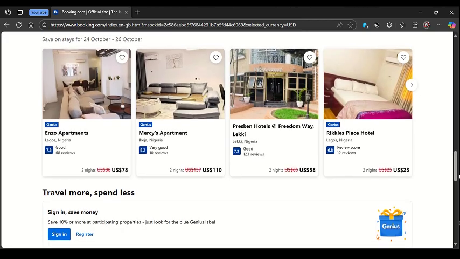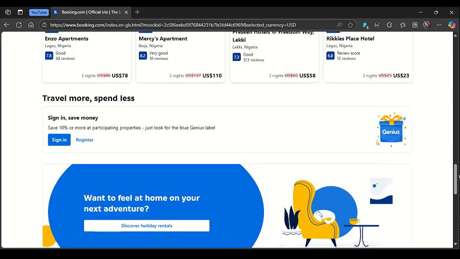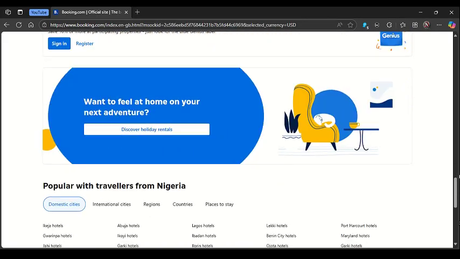Then Booking may ask for a reason before closing. Then make sure all upcoming reservations are handled before you close or hide your property. And that's how you can cancel or hide your